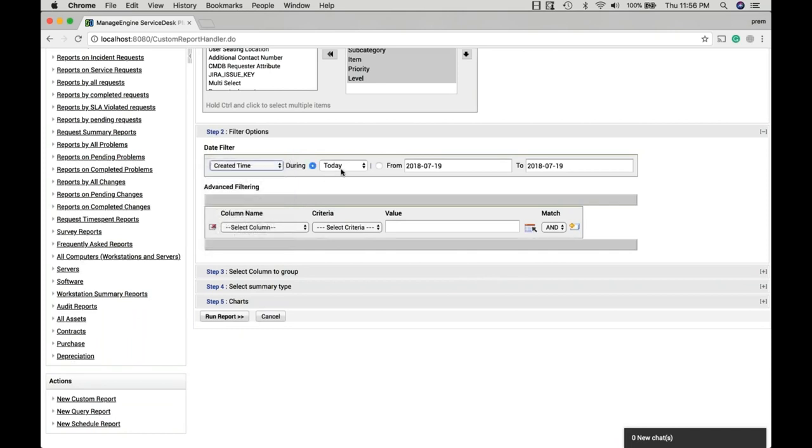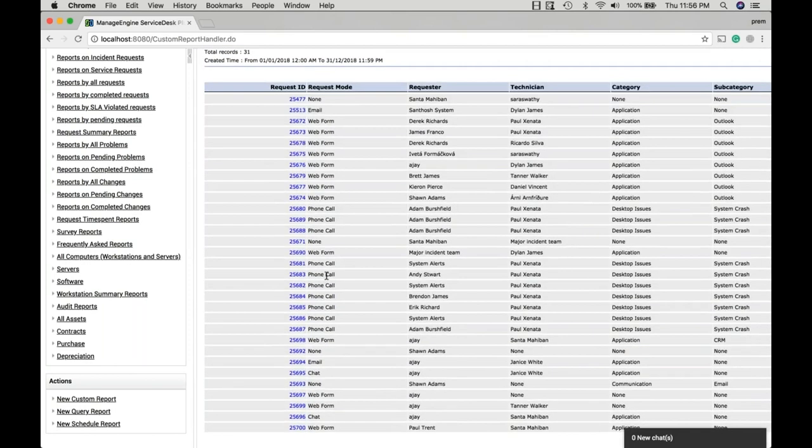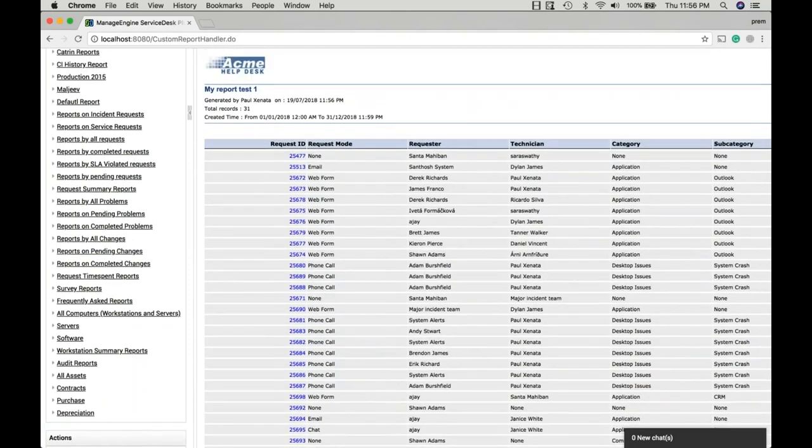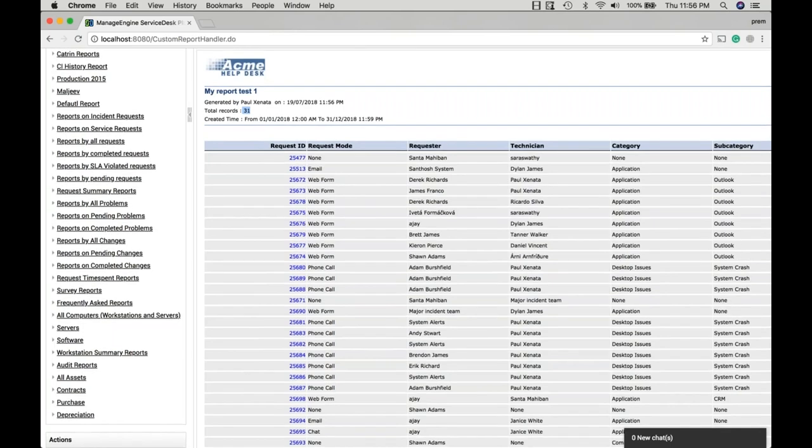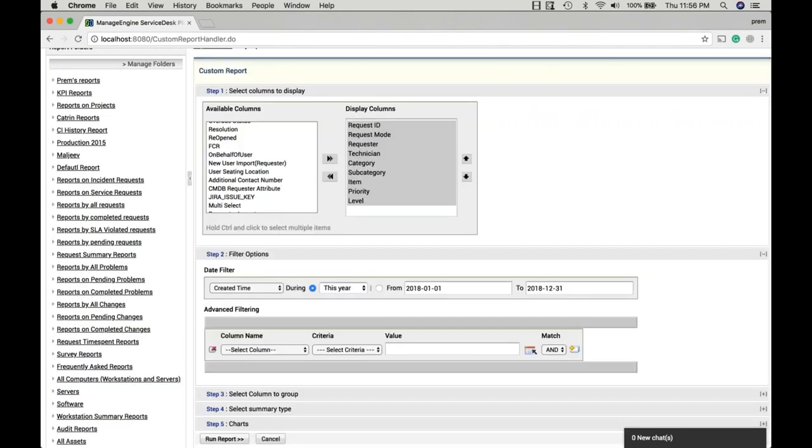I'm going to say created time is going to be this year. So any request that is created during this year, that is what I need. I don't want all the data in my system. Once I run it, it is reduced to 31. So now I've got only the data that I need. Now further, I can filter it down